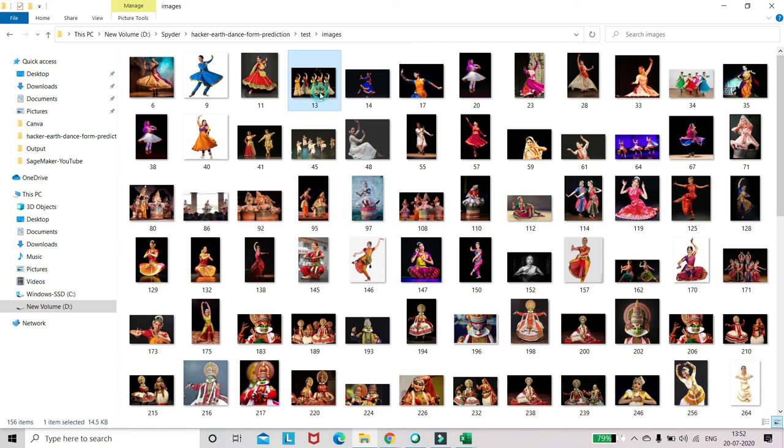Some images have a single person, some have many people. So building a model on this kind of images with 100% accuracy is very difficult. Yes, you can make a model with 100% accuracy on the training data, but it won't give 100% on your test data. So don't be demotivated by seeing those scores.